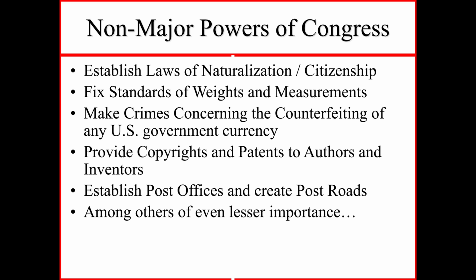They can also make crimes concerning the counterfeiting of any United States government currency. They provide copyrights and patents to authors and inventors. Copyrights are pretty easy to attain. Patents are a whole different ballgame. They're very difficult to get, because there's so many different things that have to be proven in terms of the authenticity and that it is unique in certain aspects. They can establish post offices and create post roads back in the day. And then, among others of even lesser importance,